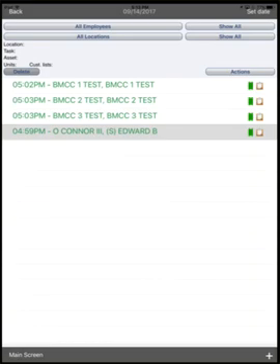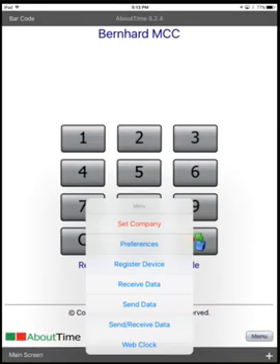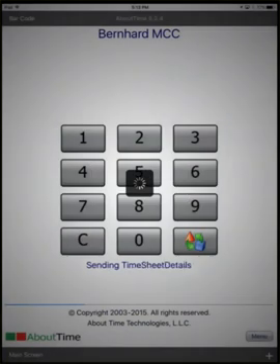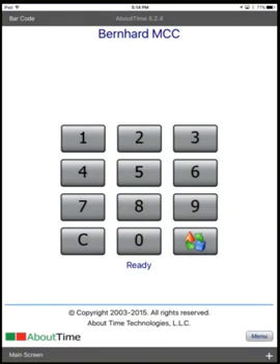So to do that, again, main screen, menu, send data. Once I say send data, that's why it asks to make sure that you're ready to send, because once you send it, you can no longer take action on any record. So at this point, you should have coded all of your records. You checked them. You're ready to sync all. You want to send that data? Yes. At that point, it sends the data to the About Time Control Center. So now we're at a